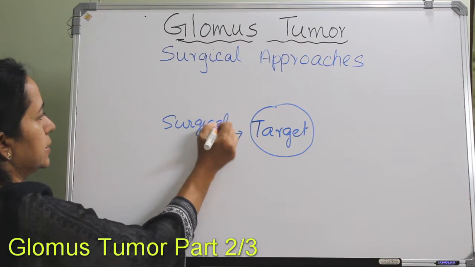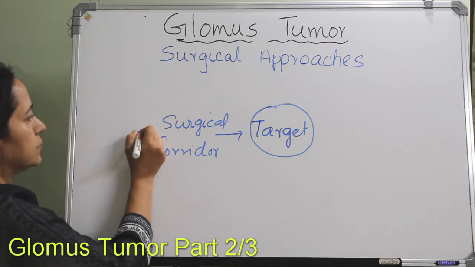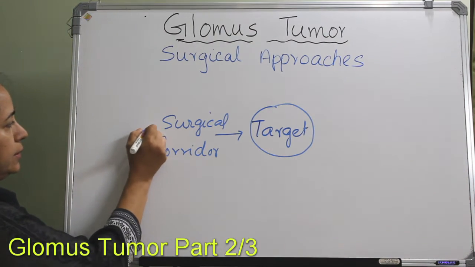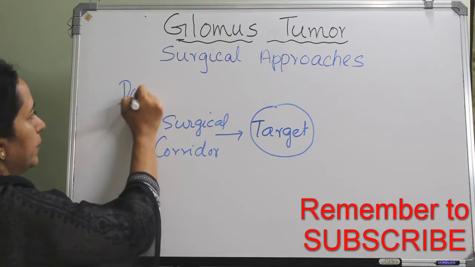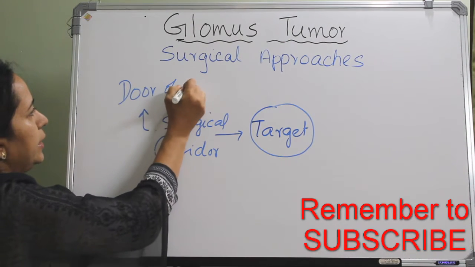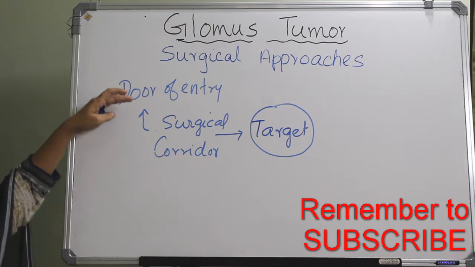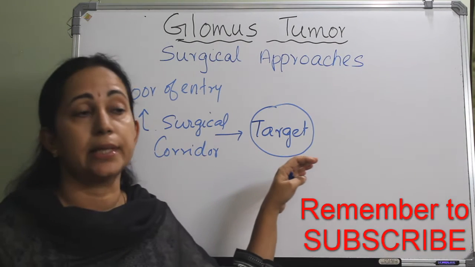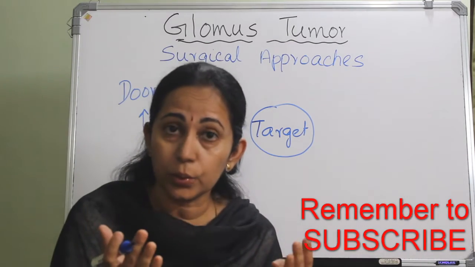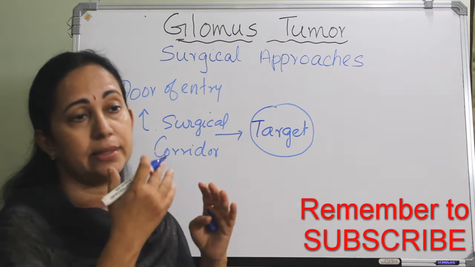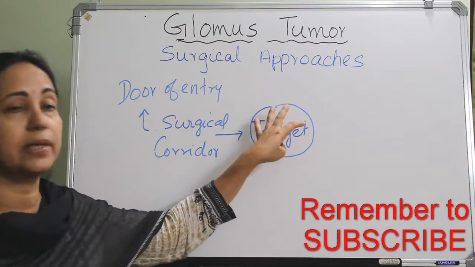We should know the surgical corridor, by which way we have to go, and where to start. That is the door of entry. So, for any operation, we should decide the door of entry, then the surgical corridor and the target. We have to open the door, that is our incision and entry. Then there will be a pathway, that is the surgical corridor, and then we will reach the target,